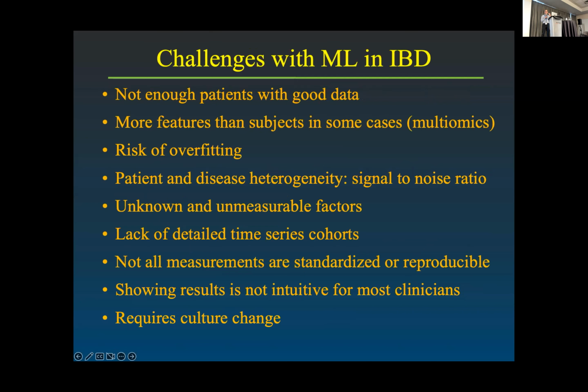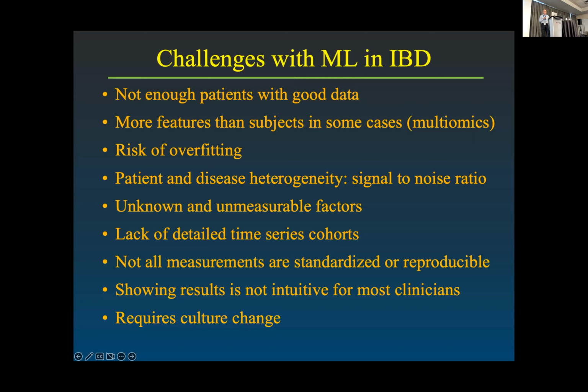And I really like the graph that Dr. Wong showed about the quality of data and the number of data. So we are in a position where we probably have good quality of data, but our numbers, 300 to 500 sounds like a lot, but I think in the machine learning world, it's really not enough to make good conclusions. And we, in that sense, have more features than subjects, especially if our goals are using multi-omics. I think we can overcome some of this, but I recognize that it is a problem. With that is the risk of overfitting, and obviously, deciding how we build all our algorithms around that is important.